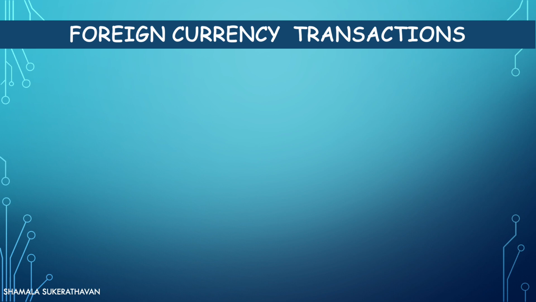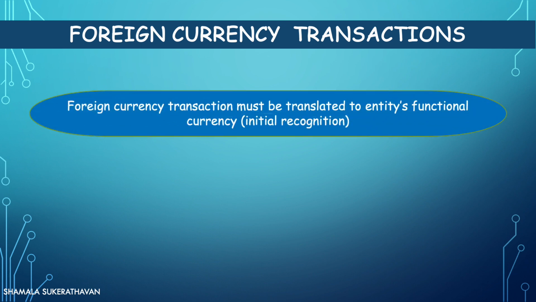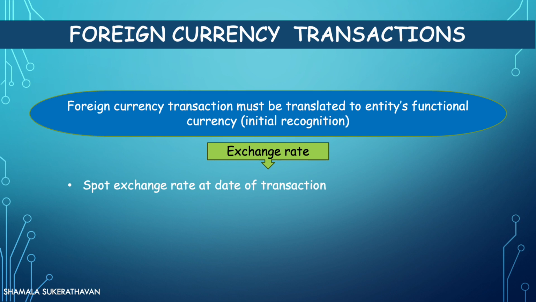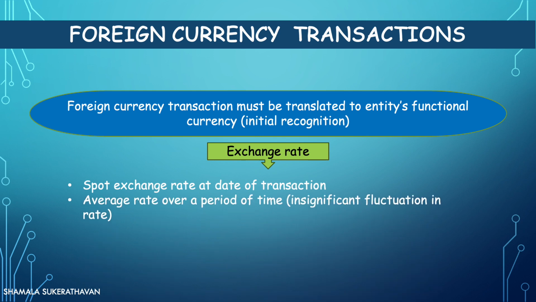A transaction denominated in a foreign currency shall be recorded on initial recognition in the entity's functional currency by applying to the foreign currency amount the spot exchange rate between the functional currency and the foreign currency at the date of transaction. The spot exchange rate is the exchange rate for immediate delivery. However, for practical reasons, IAS 21 permits an average rate over a period of time, provided the exchange rate has not